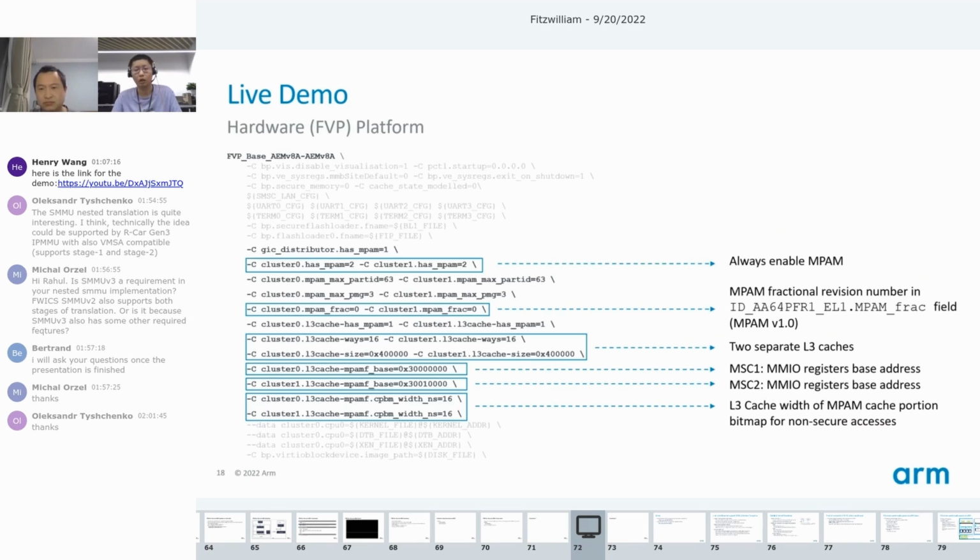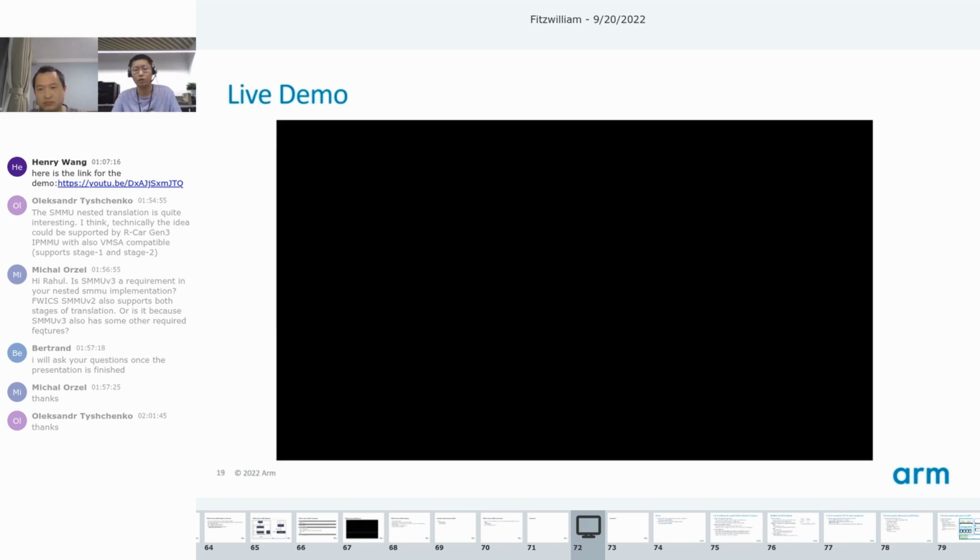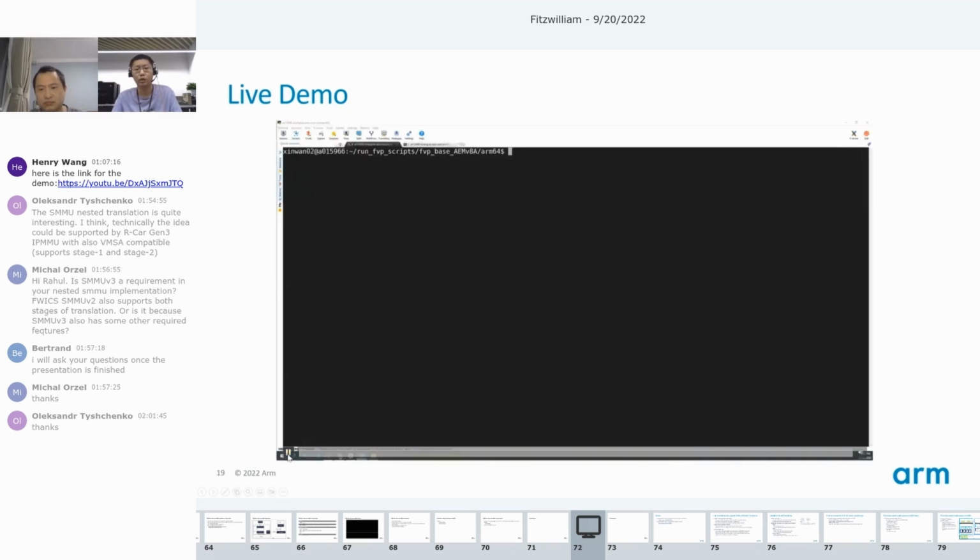The command line attached here shows the full parameters of running Xen on the FVP with the MPAM related parameters highlighted. Using this setup, two clusters are set up with MPAM version 1.0 and related level 3 caches to be controlled by MPAM. The related device tree is the same as the one in the MPAM configuration section. So I have recorded a demo video with the FVP setup in the previous slide. Now we can play this video.